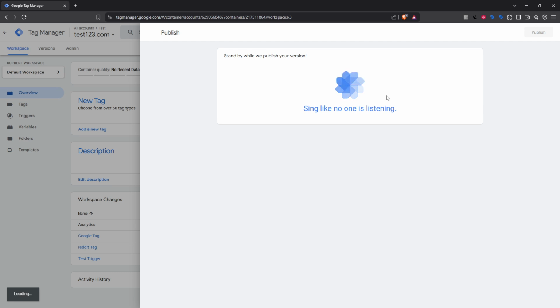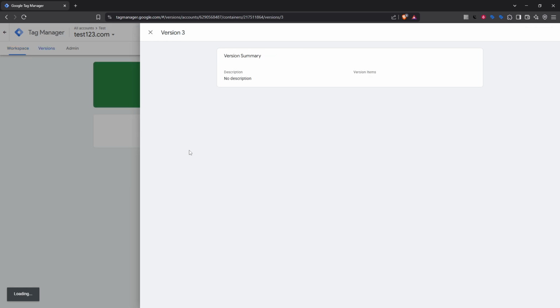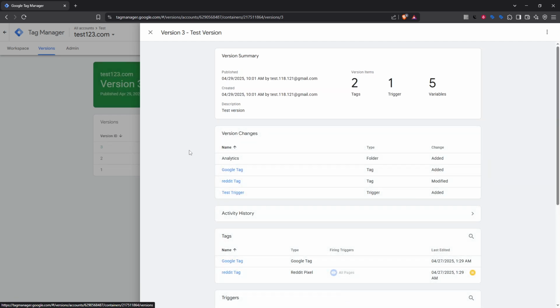There you have it. By following these straightforward steps, you can effectively publish your changes in Google Tag Manager, ensuring all your tracking and marketing tools are kept up to date. Remember, consistent updates and clear documentation make managing your web infrastructure a breeze and help you keep track of the digital